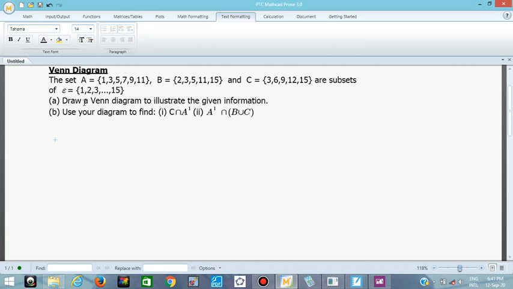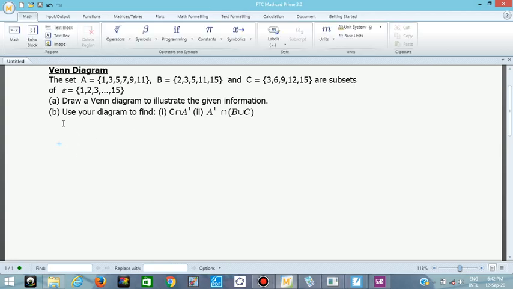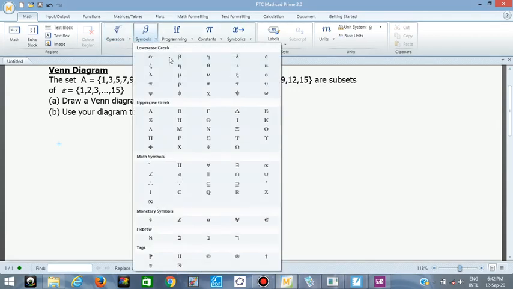So before I put them in the Venn diagram, let me bring out the relation we have here, A, B, C. How do they relate? Let's see. So remember, intersection is talking about the number of elements in A that you also found in B. A intersection B, number of elements in A that you found in B. So before I start, let me bring out the relation. Let me start with the elements that you have in A, B, and C. Then how do you do that in set? You can see the symbol here.